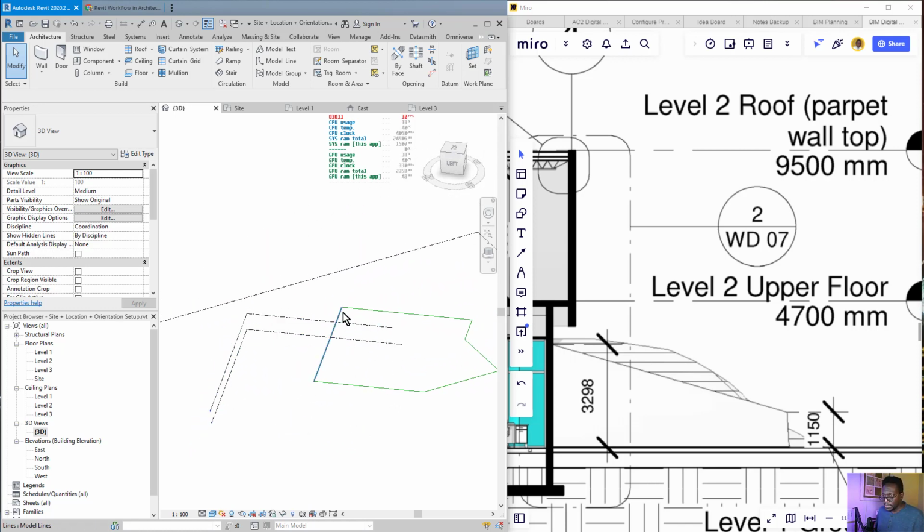Now, I want you to notice something. We know that this green line here is our site that we traced over as a model line, so we can see it in the 3D view. But I want to point your attention to this level here, and then this level here, and then we created this level, which is here. That is going to be interesting, and if you are following along, then you might end up with this same effect. So if I zoom out here,